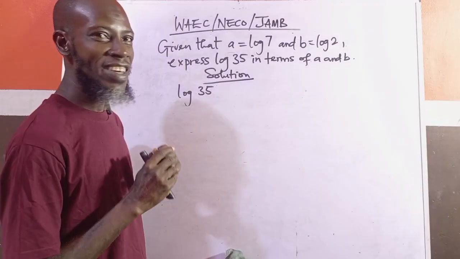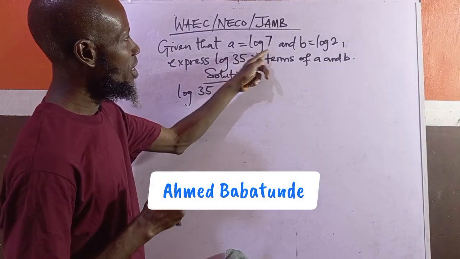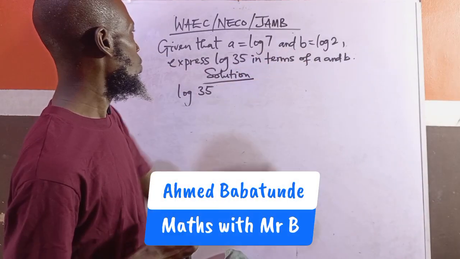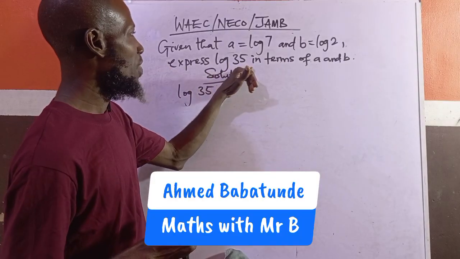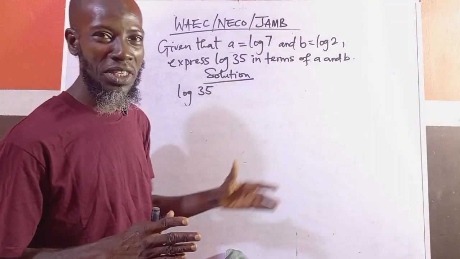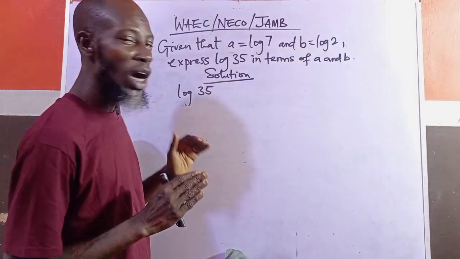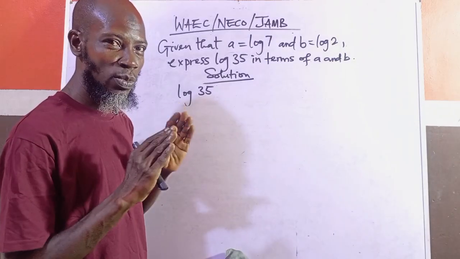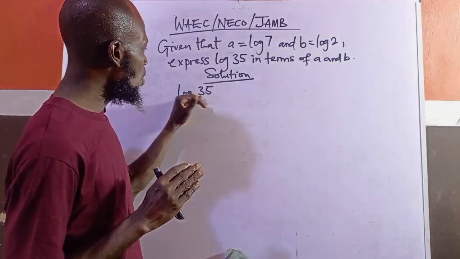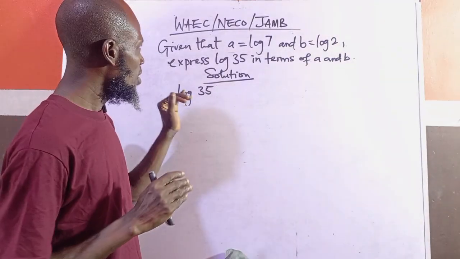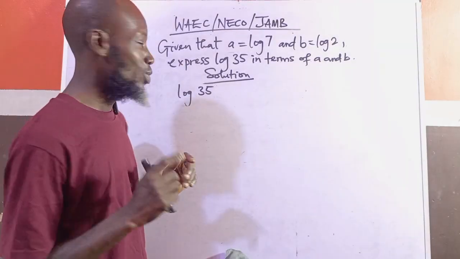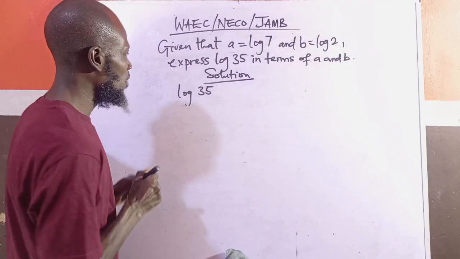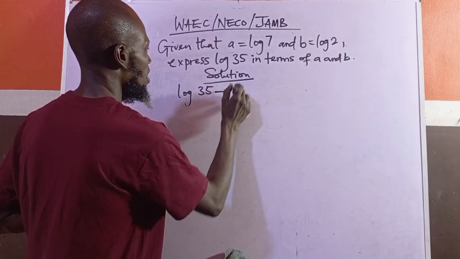Given that A equals log 7 and B equals log 2, express log 35 in terms of A and B. So in this video, I will show you in simple steps how to solve this question. Follow through. So log 35 can be expressed as log